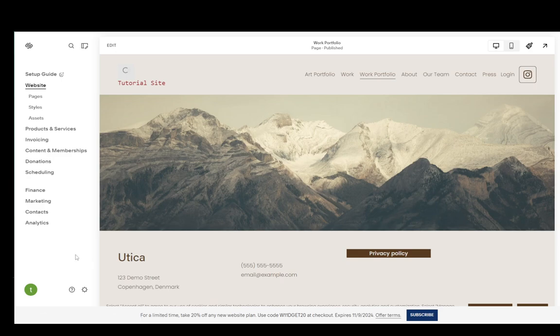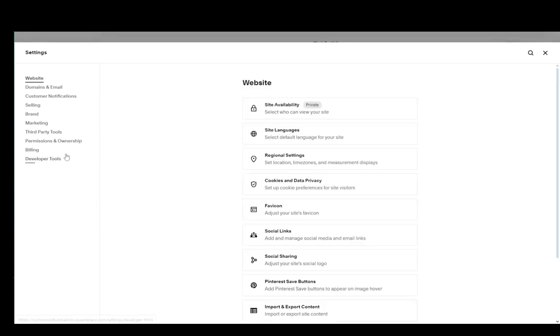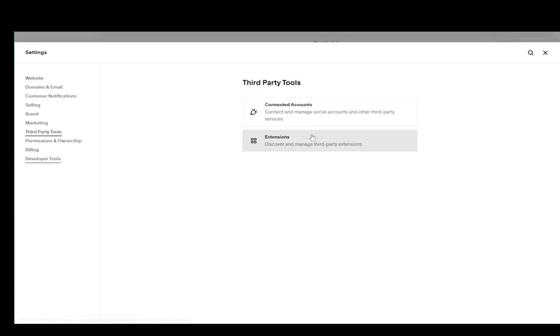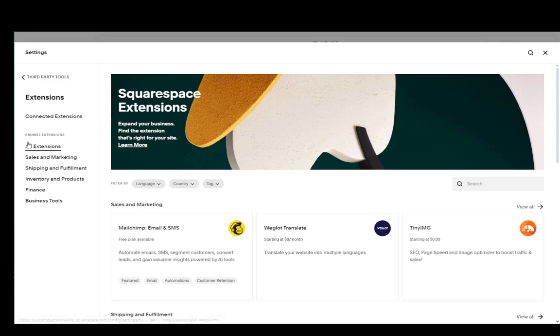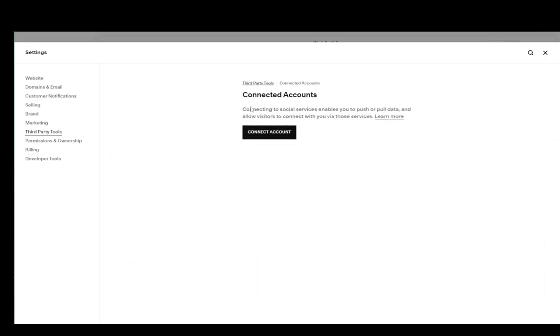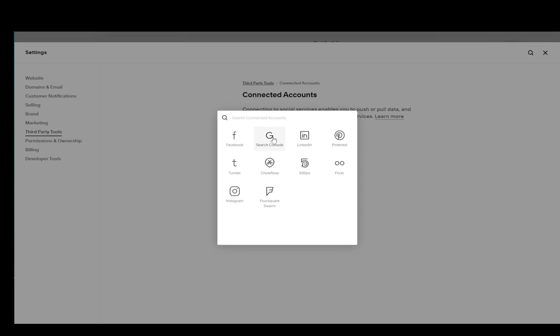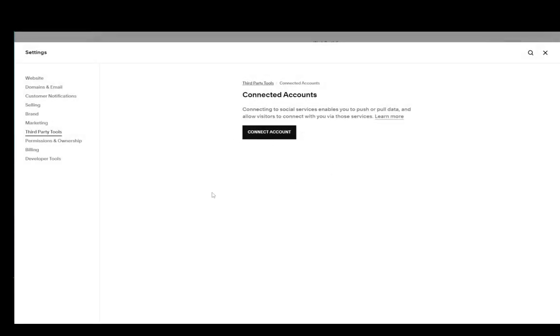Now, to connect everything, you can do it in a couple of ways. The first one is to go into settings. You can go into third-party tools, then go into extensions, and you might find an extension here. But the main thing you're going to want to do is go into connected accounts, click connect account, and connect to the search console. And you can connect to any of the other ones if you want to use those